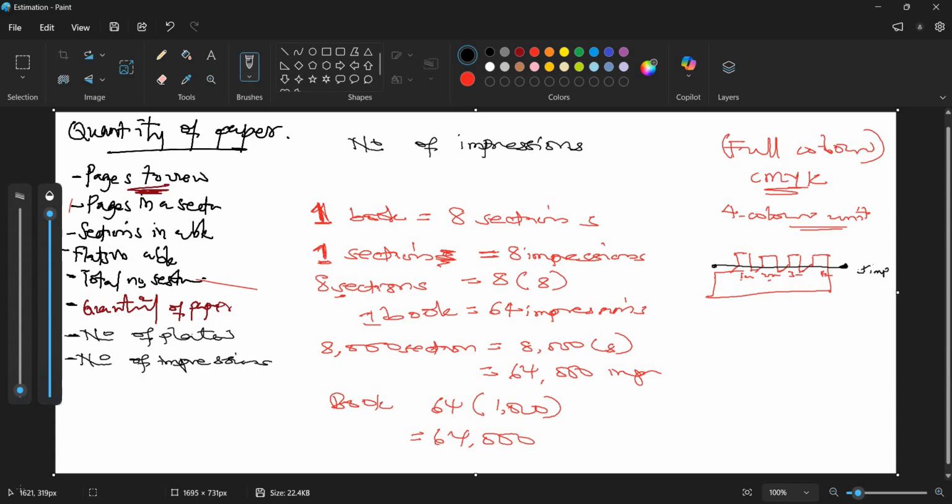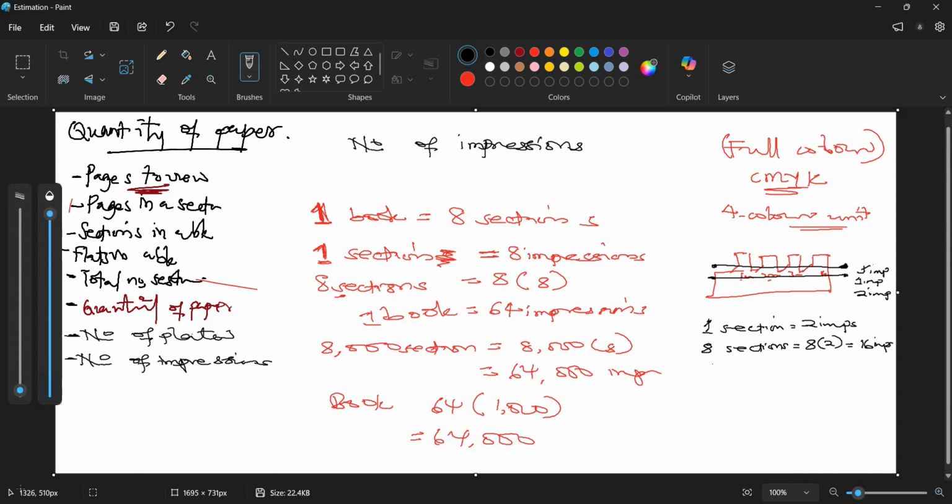That means one flat is printed, and then again from feeding to delivery another impression, and you have 2 impressions. So in a style like this, one section has 2 impressions. And how many sections are in the book? 8 sections. So you multiply the 8 sections by the 2 impressions, and you get 16